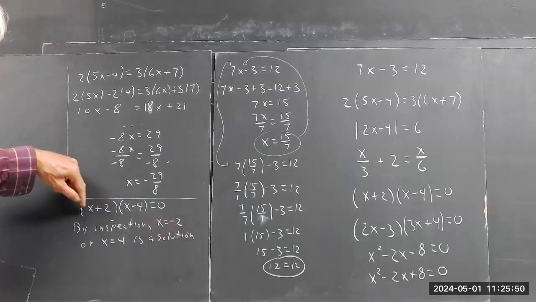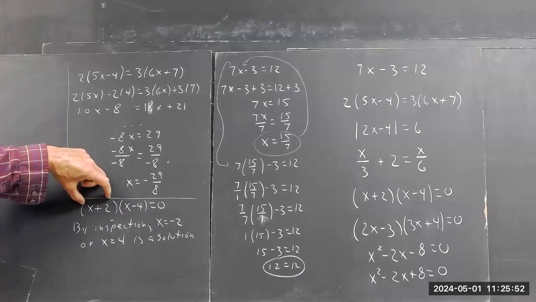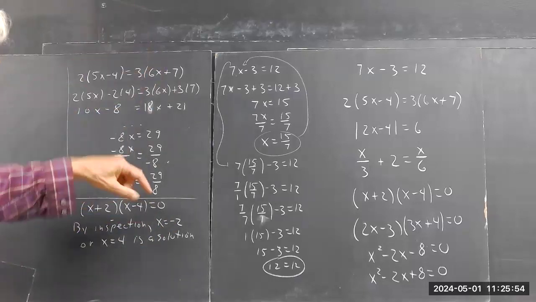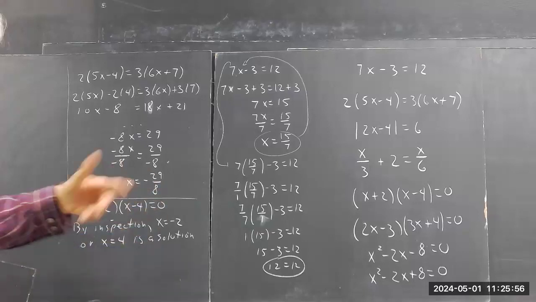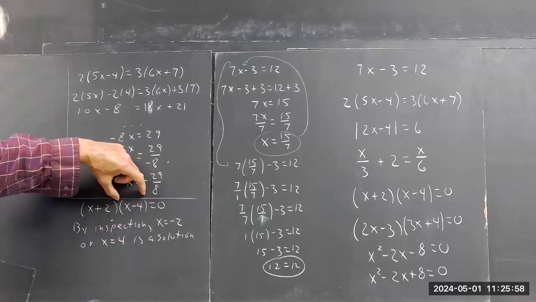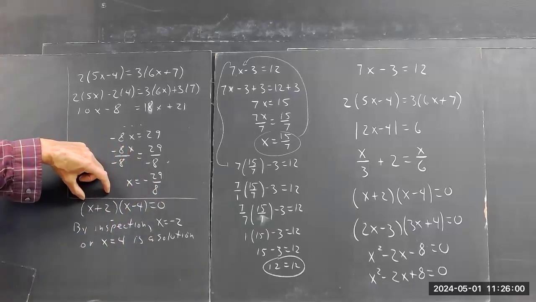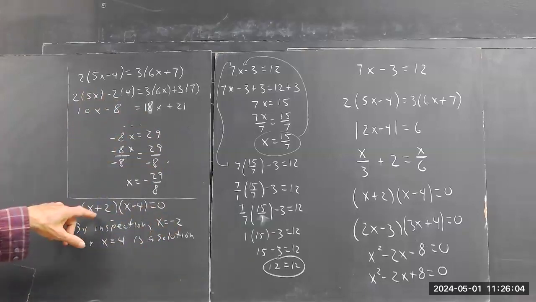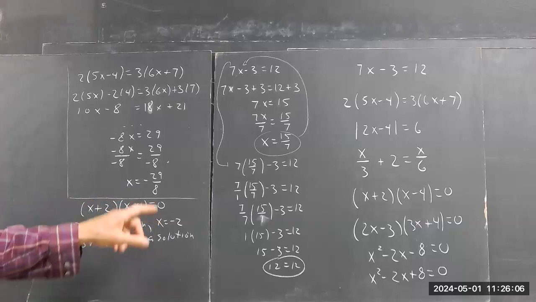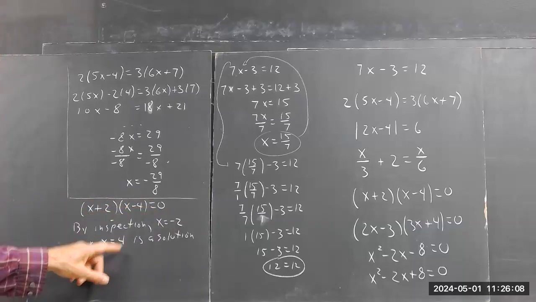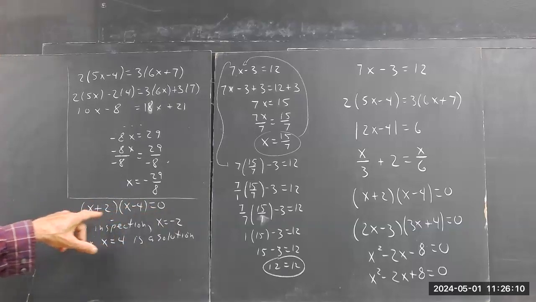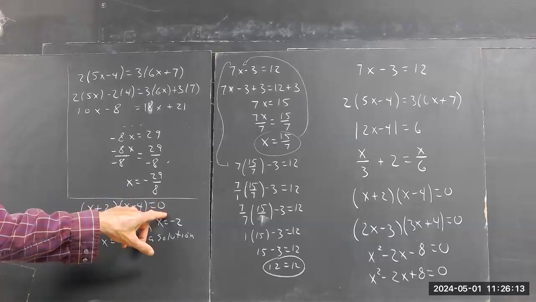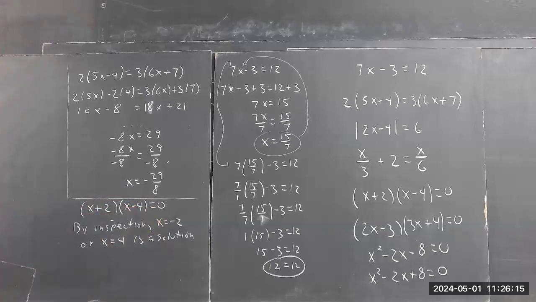If x equals -2, you got -2 plus 2, which is 0, which multiplied by whatever this turns out to be. Easy to figure it out, but you don't have to. You know that whatever this is, x equals -2 is going to give you 0. Because this is 0. When you multiply something by 0, you get 0. And if x equals 4, this is 0. So once multiplied by whatever this is, you're going to get 0. Okay. Now, the other way,